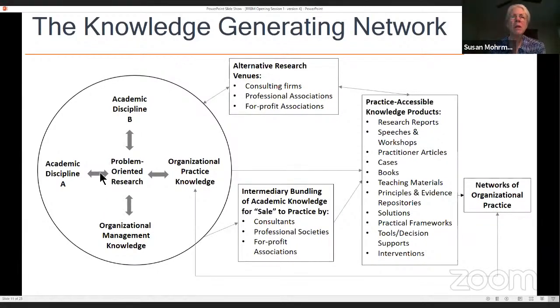Chris, could I just make one comment? Yes, please. One thing that you didn't point out, which we've had in this framework ever since the second version of doing relevant research, is that on what Chris describes as the scholarly side in the circle, organization practice knowledge is there, and it often is in the form of organization practitioners who become research partners in the process. It is not just people in academia or research institutes. It is also people who are in organizations who actually become part of the team. And the framework I'm going to share in a bit is centered around that premise. Got it. Thanks, Sue.